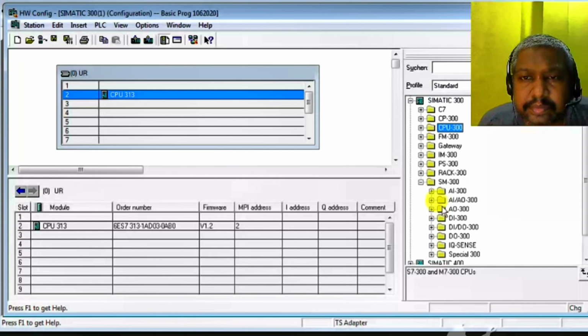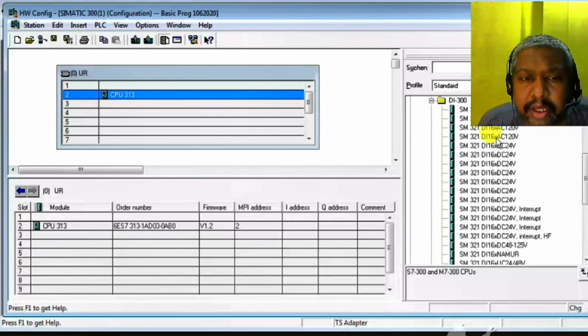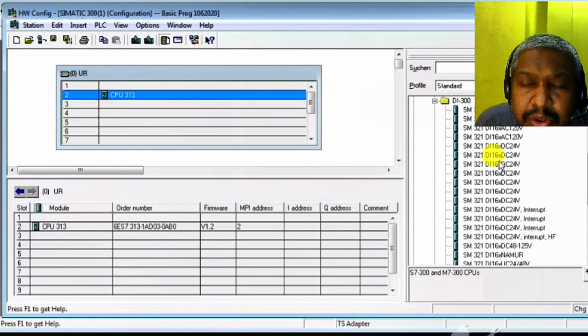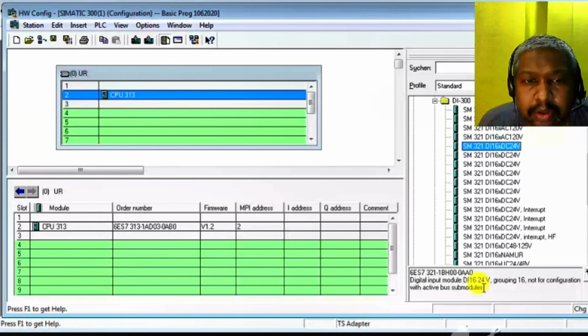So go to that, select DI. There are different types of DI, digital input. That means DI 16 24 volt. DI means digital input 16 bit, 0.0 to 0.7 and 1.0 to 1.7. This is 16 bit. So I select DI 16 DC 24 volt.